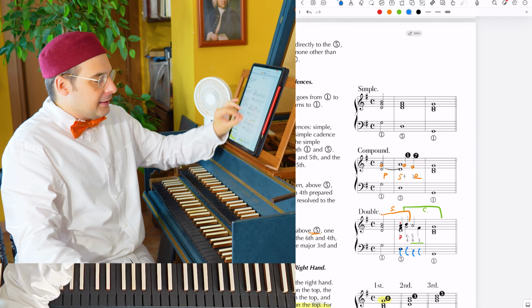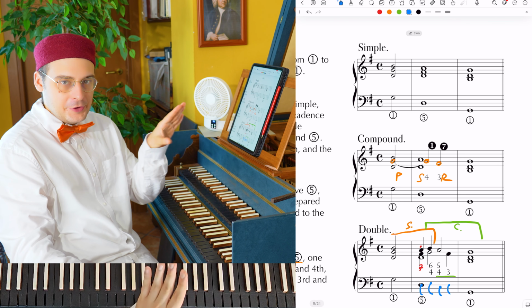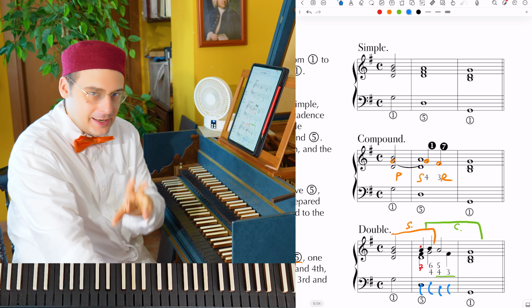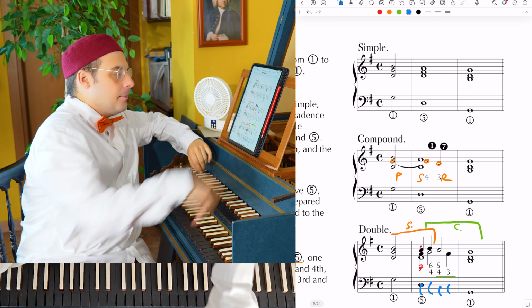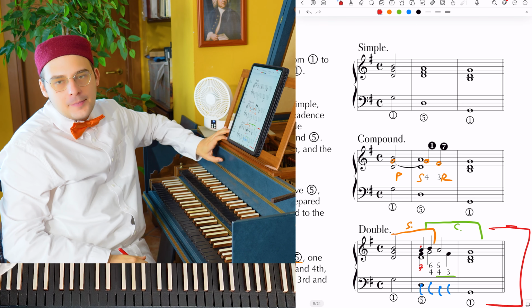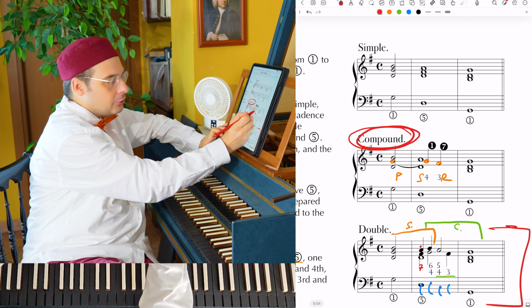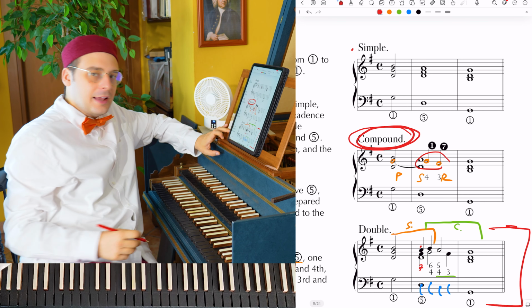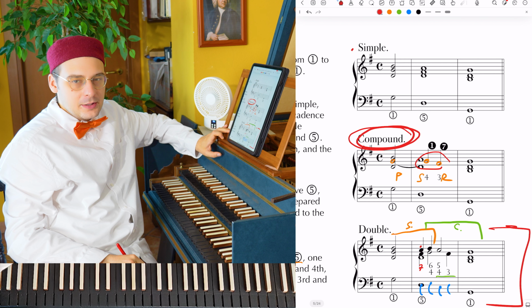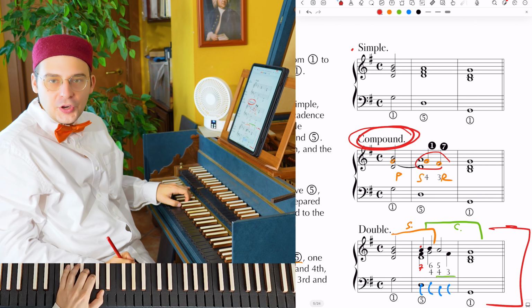We have also to say that not all the authors about partimenti and rules agree about that. Some of them, so all agree about the compound or the double cadence, but some of them include this kind of compound cadence because it's just a little variation. It's a simple cadence, and they consider the compound cadence something which can be with the bass line mi, fa, sol, do,